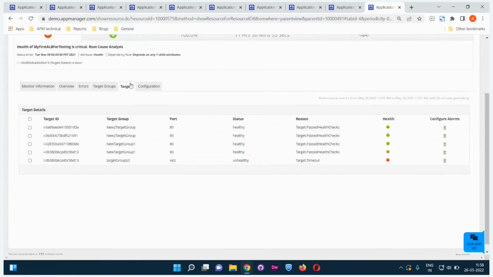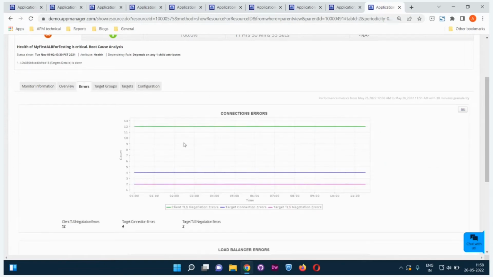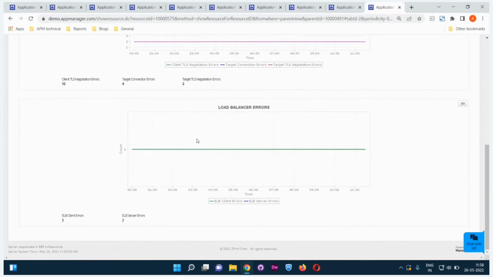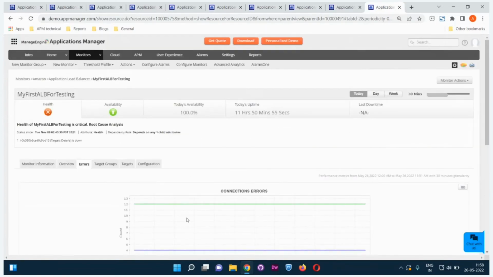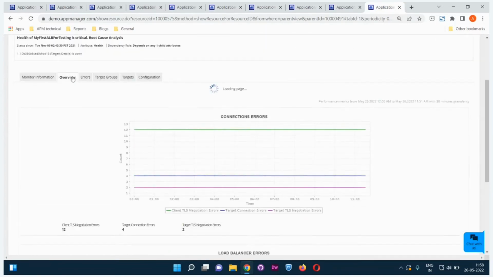You also have the target tab where you get the target details. And under errors, you'll be able to view how many errors were thrown, along with the load balancer errors or the connection errors. So moving on,